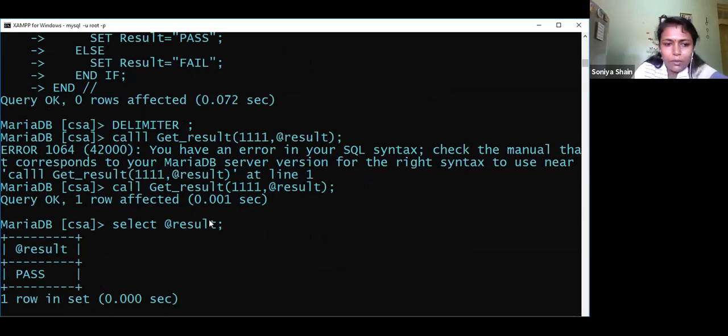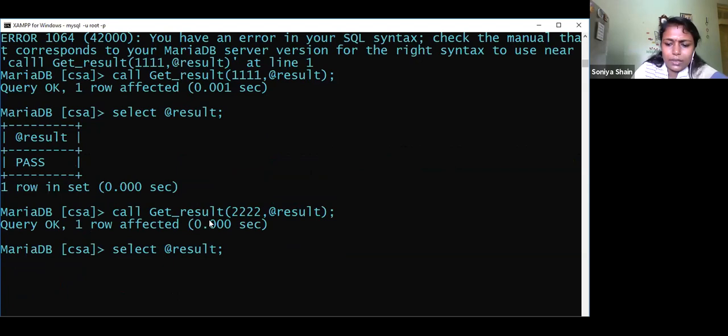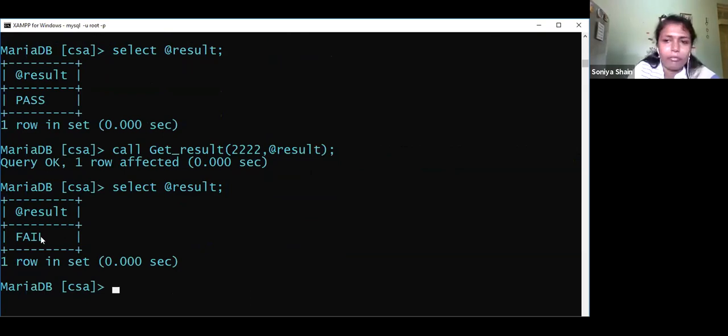So next we will go through it. You have to pass 2 2 2, I think. Then let us see the result. Here comes the fail. Okay. So instead of null, now it comes as fail. So if and else also work. Okay, clear.